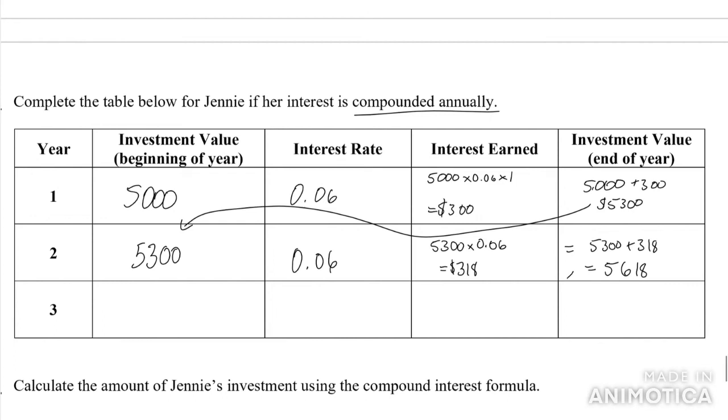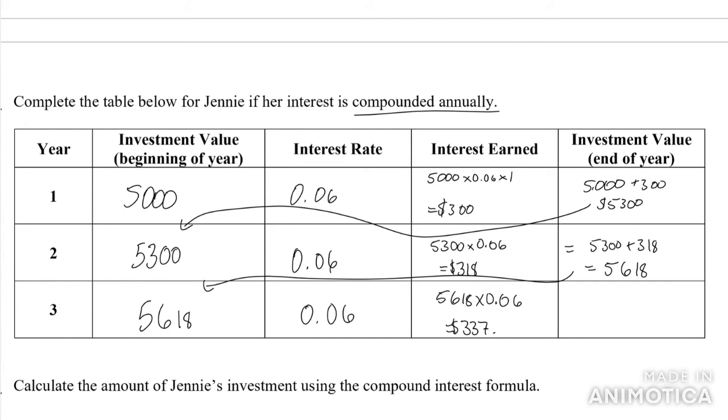So already a little bit more, but let's be sure, because this is still less than the end of the 3 years. I'm going to take this value and put it in here. So I now have $5,618. My interest rate has not changed. So now my new calculation is $5,618 times 0.06, and that gives me $337.08. Super important to include the 8 cents. And we add this all together, so we have 5,618 plus 337.08, and this gives me a final value of 5,955.08.